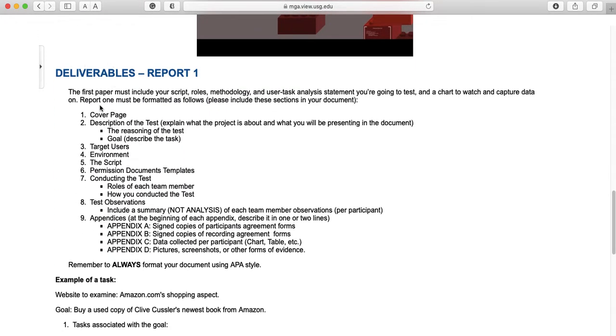To make it easier, the deliverables for the first report are here. You're going to start, of course, with a cover page that describes the test. What's the reason for the test? So the reasoning could be, for example, if I think that